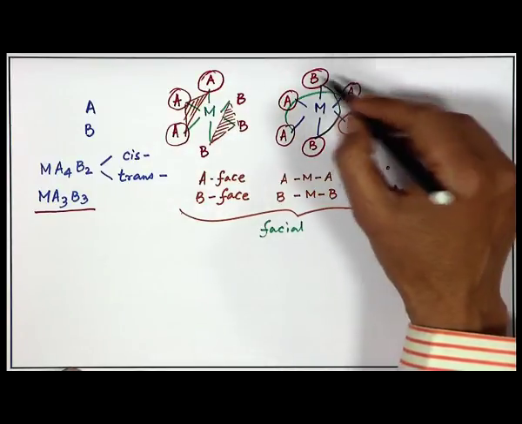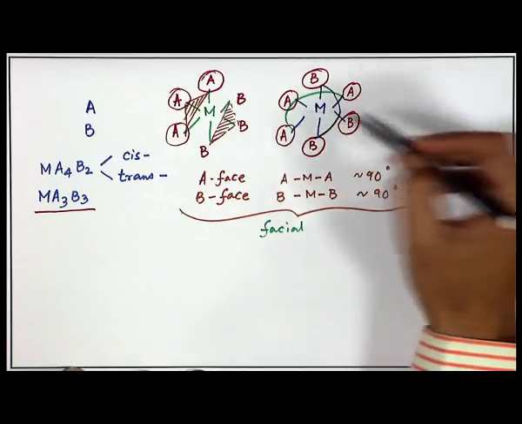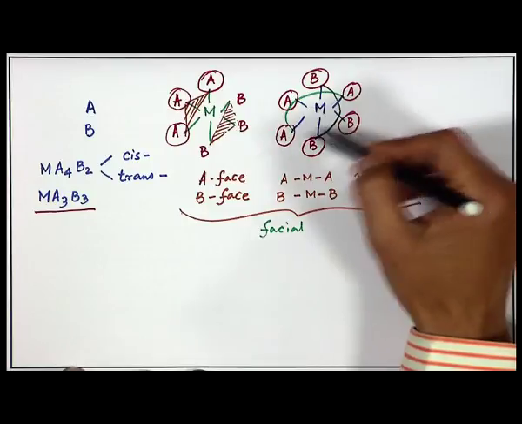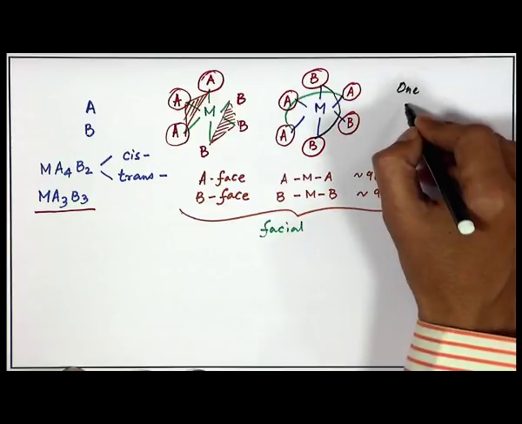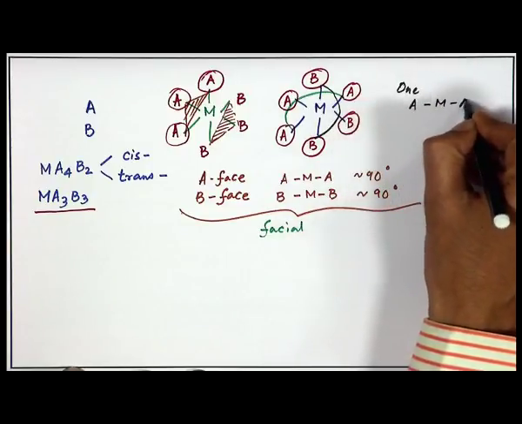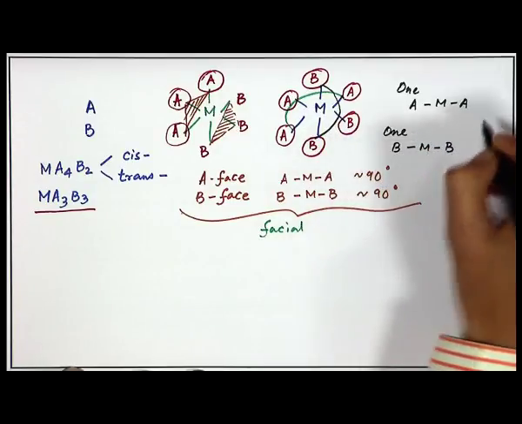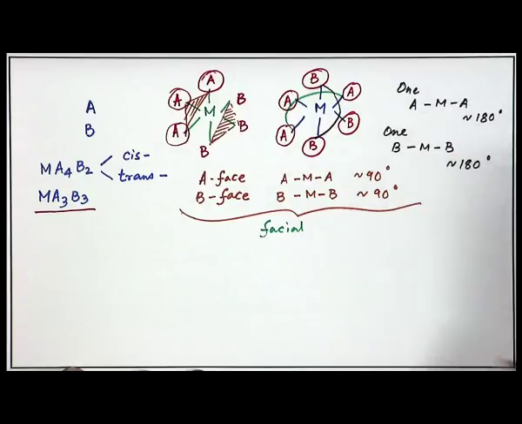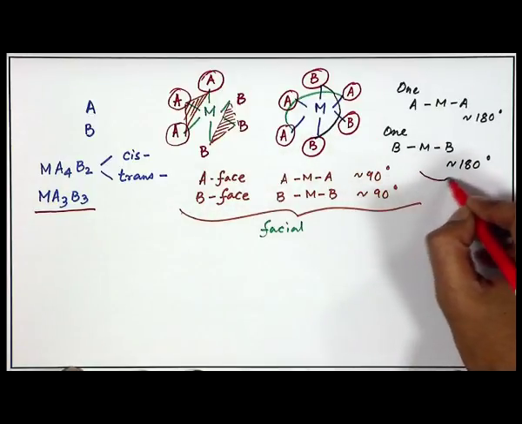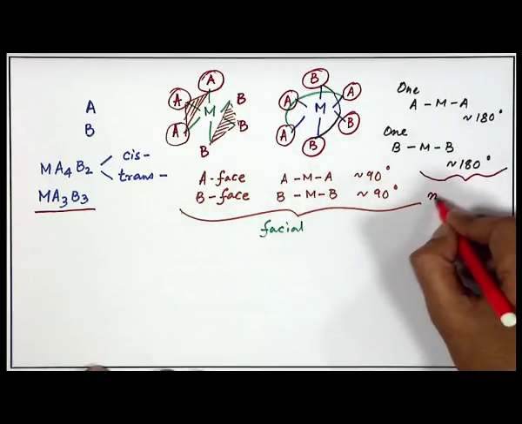Obviously, two of the AMA angles are 90 degrees, but one AMA angle and again one BB angle are close to 180 degrees, and we get another situation. That situation is opposite to this, like our cis variety to the facial variety, then the trans variety to the meridional variety,